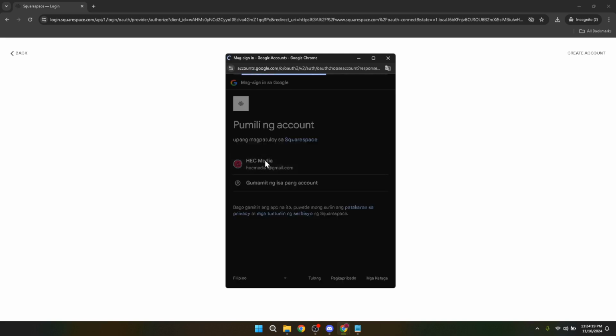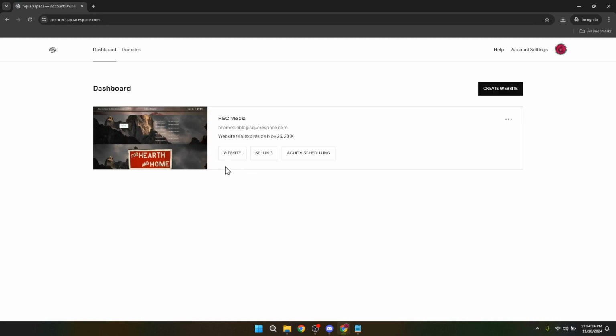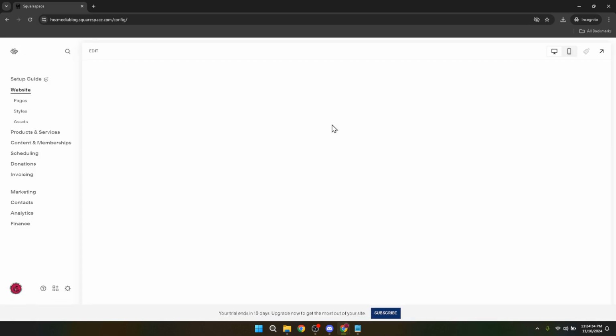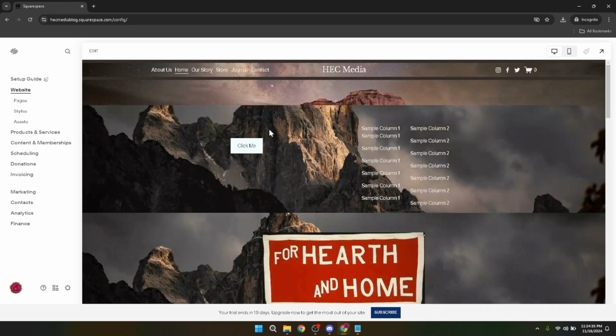After successfully logging in, you'll be taken to your Squarespace dashboard. Here you want to head straight to your website. Look for your site's name or a visual preview of it and click on it. This action will redirect you to a more detailed view of your site's backend where all the magic happens. Now to start editing, you'll find an edit button or a similar option that takes you into the Squarespace editor. Squarespace's editor is where you can add, modify and arrange the content of your website. Look for this option and click on it to proceed.